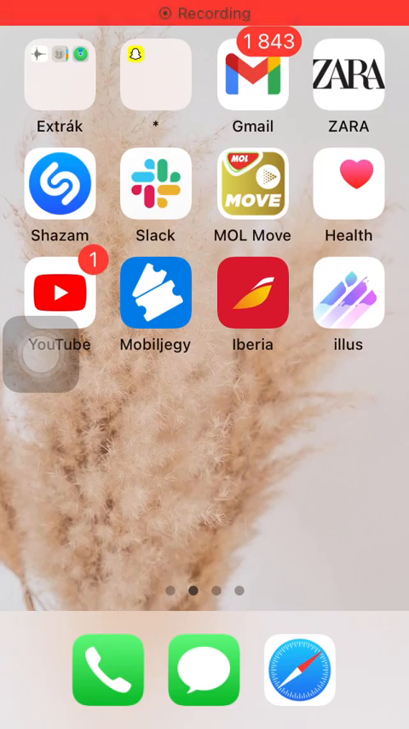Hello guys, in this video I am going to show you how to add Siri shortcuts on the Iberia application,